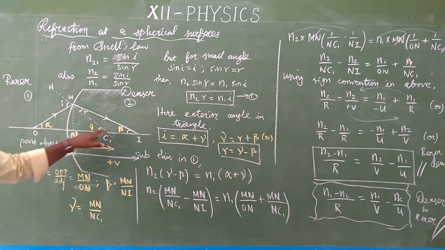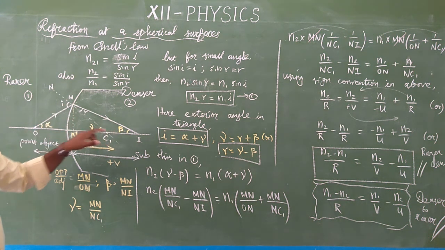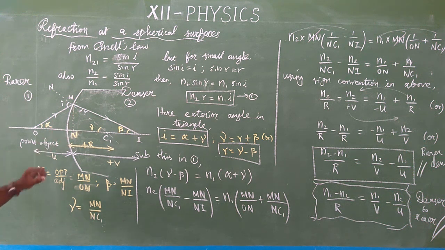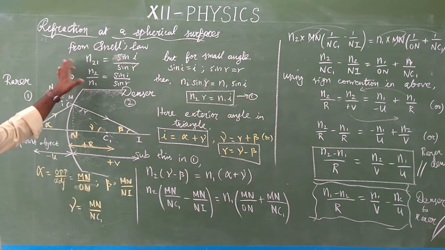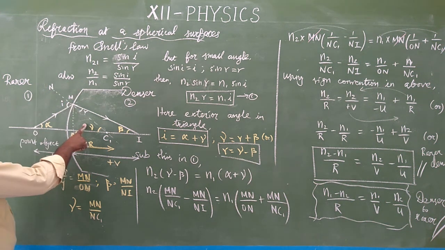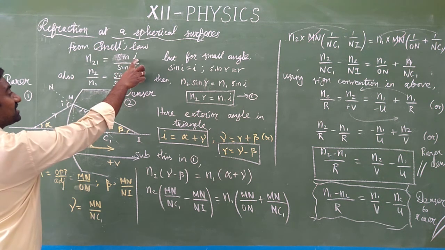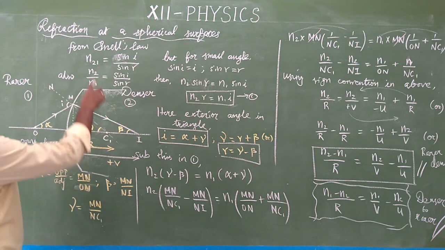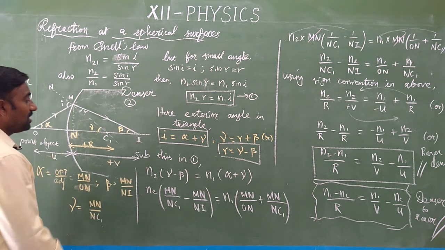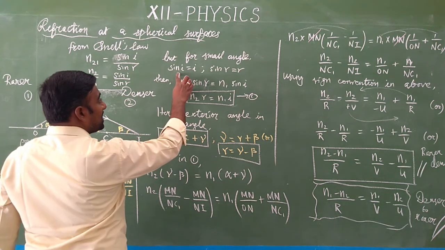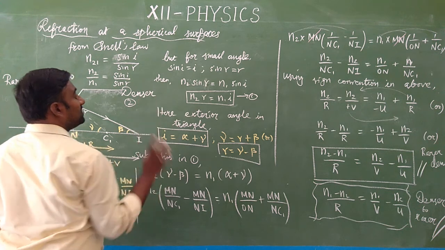Then we have angles, because from the point of incidence you draw a perpendicular. With respect to the perpendicular, we have three angles, that is alpha, beta and gamma. Okay, and find the value of alpha, beta and gamma. First we'll use Snell's law. The refraction takes place in the second medium with respect to the first medium, no. So the refractive index of second medium with respect to first medium is the ratio between the sine of angle of incidence to the sine of angle of refraction. But this also we can write as n2 by n1. Then using cross multiplication, this is a solution. Here the angle is a small angle, so sin i we consider as i and sin r we consider as r. Then this is a solution from Snell's law.